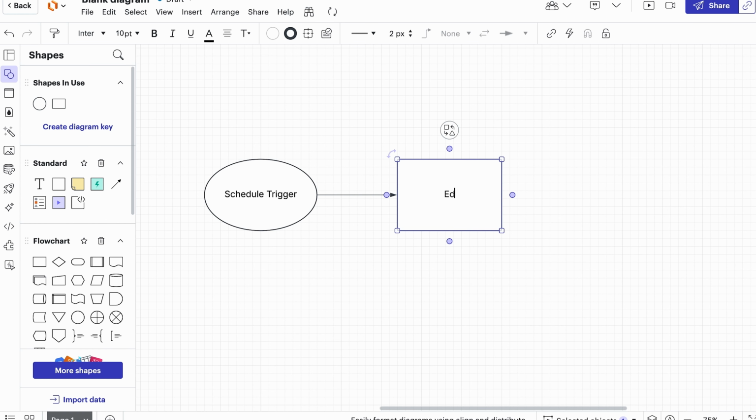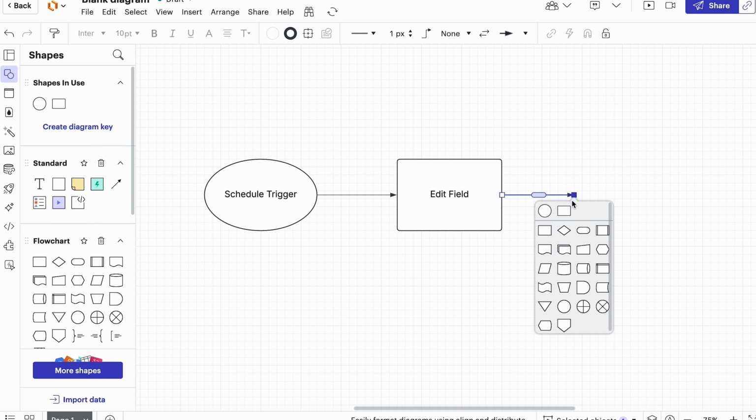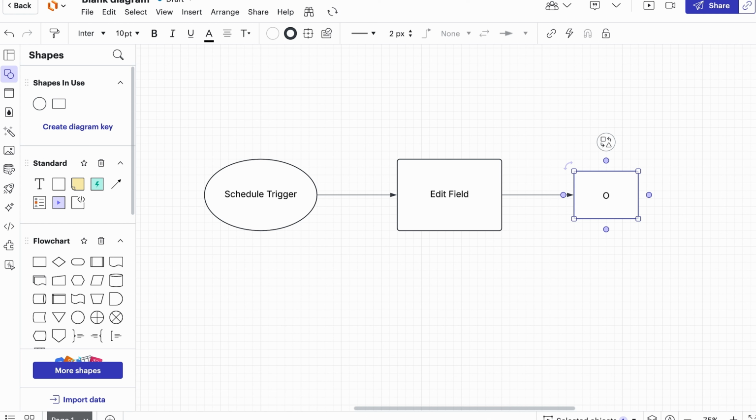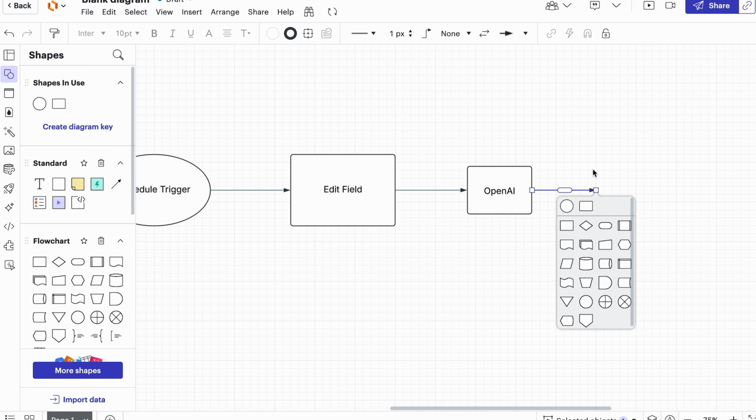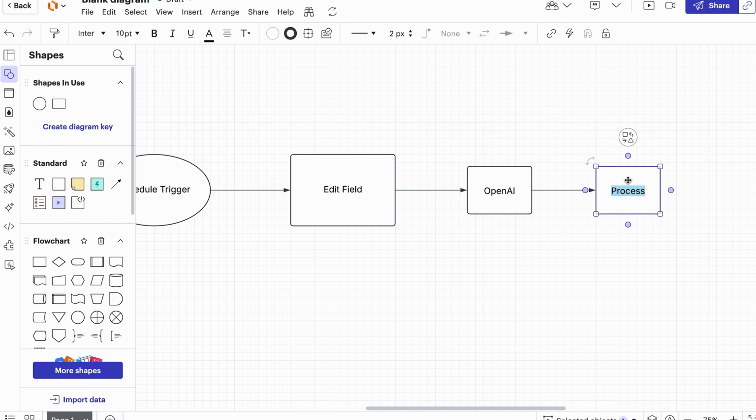So this is called edit field, and then afterwards I'm going to feed it with OpenAI. Like I said earlier, if you do not have OpenAI credits, I highly encourage that you do. Then afterwards, we're going to use an edit field as well, because we also need to format it eventually before we feed it to our Excel sheet or whatever spreadsheet